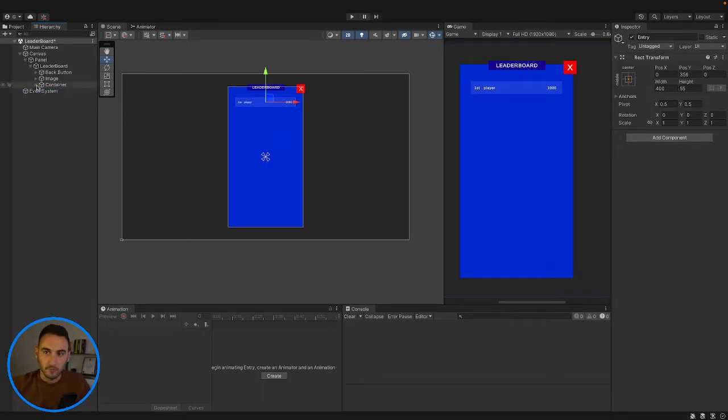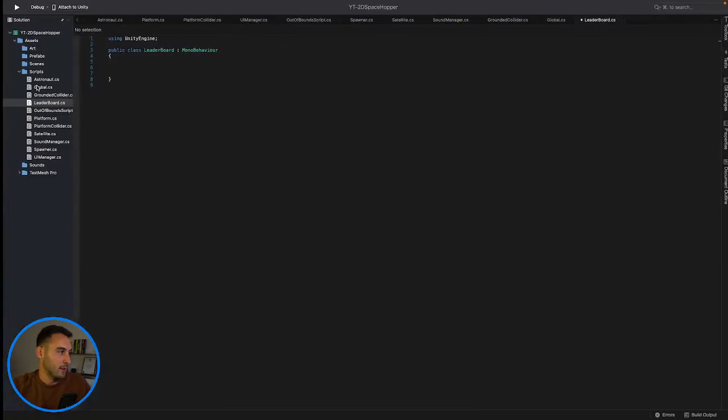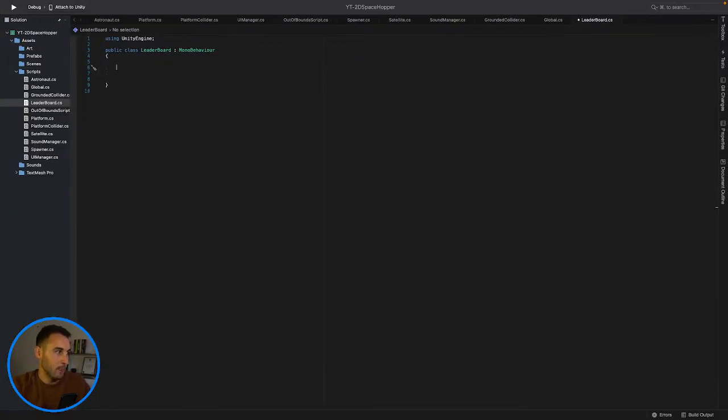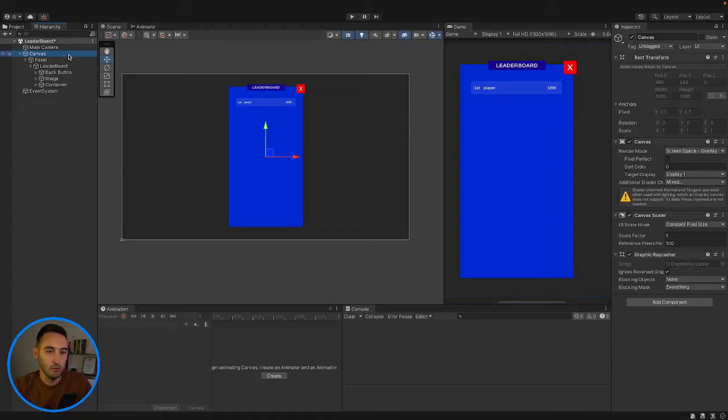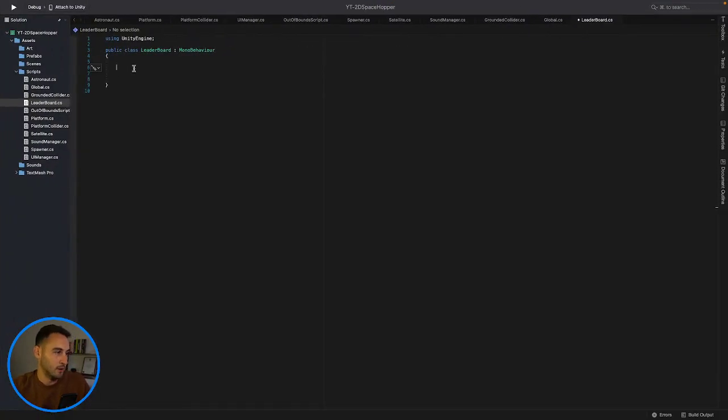So let's go back into our script here and let's make some references. Do we want to drag and drop the references in, or do we want to find them? Let's see, I think we'll try and add in a game object for our leaderboard. We'll make them serialized fields so that we can drag and drop. So serialized field, private, this is going to be a transform, and then this is going to be our container,